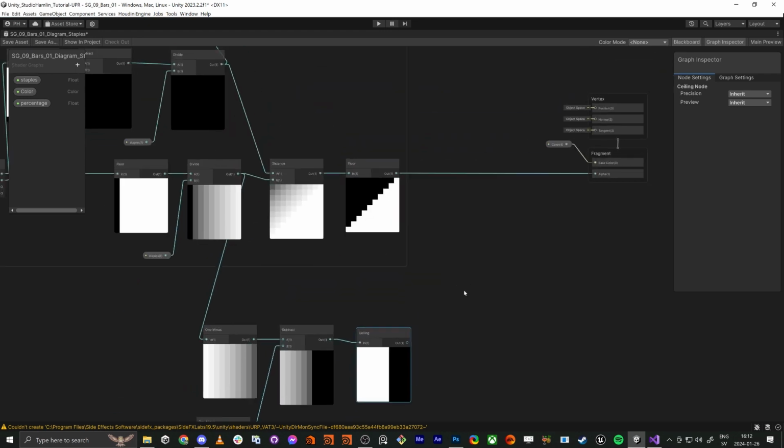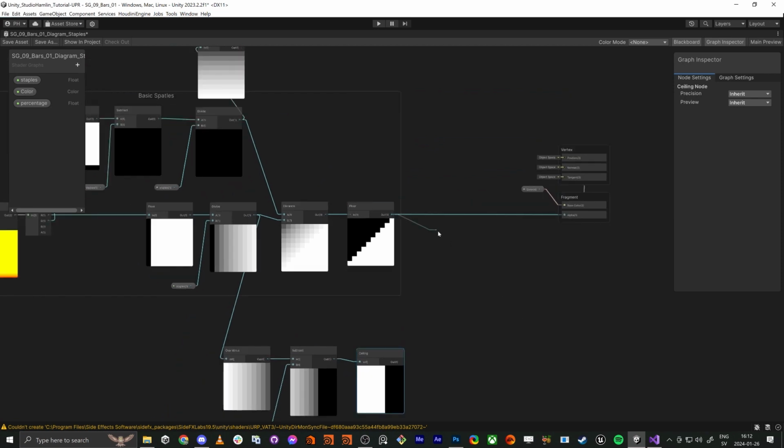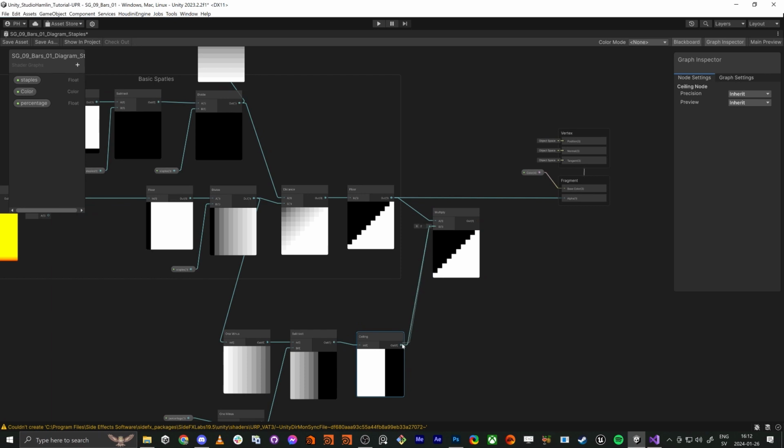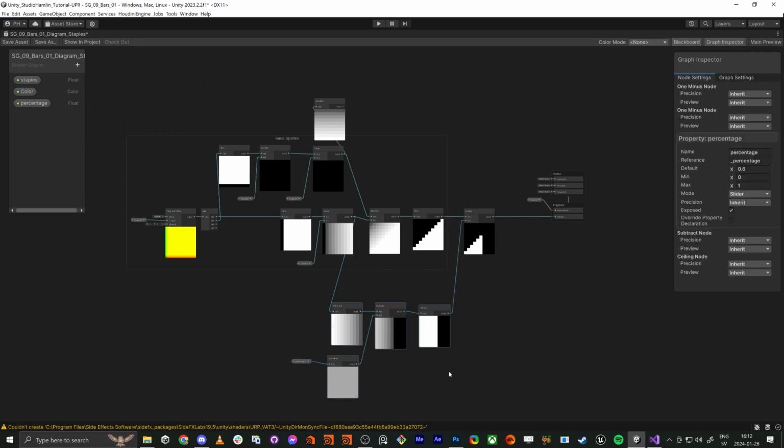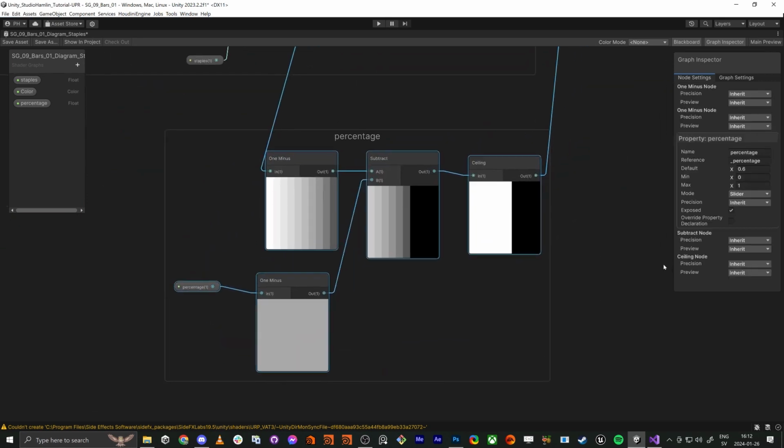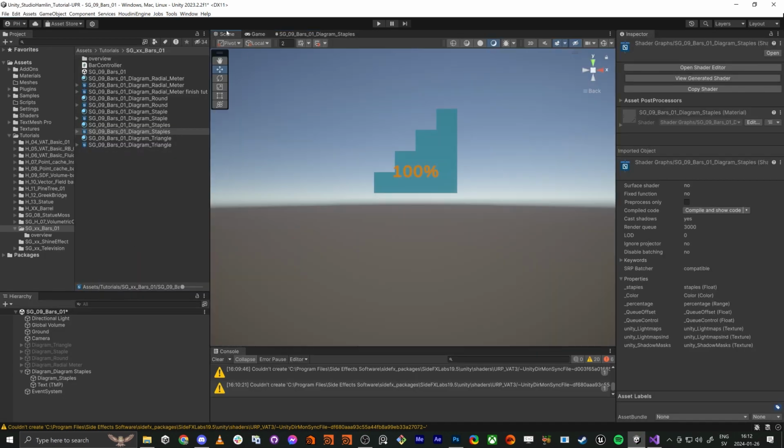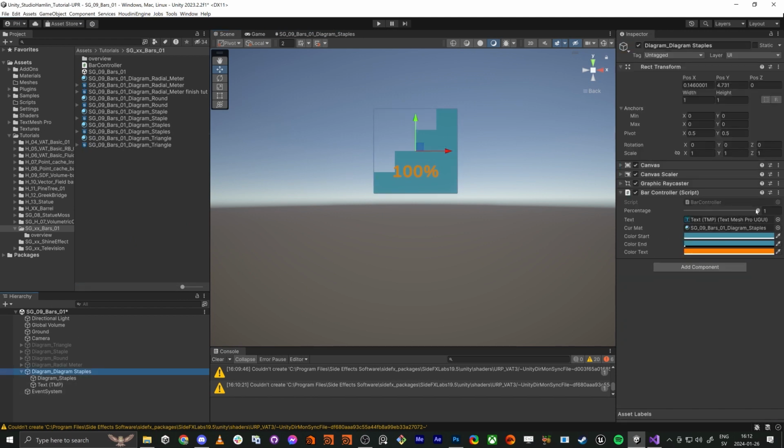And this is super nice. So this is pretty simple. So now we just do a multiply with this one. And this is going to be our percentage. And if we save this one and go into the scene, and if we now drag here, now you see we have the,